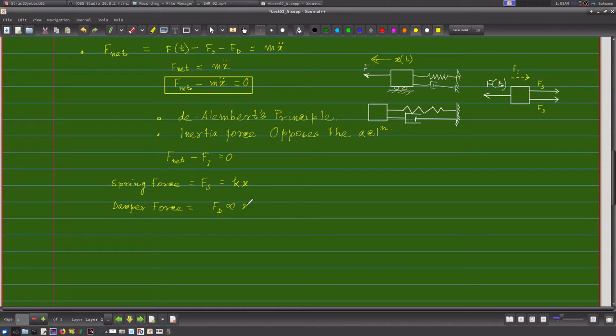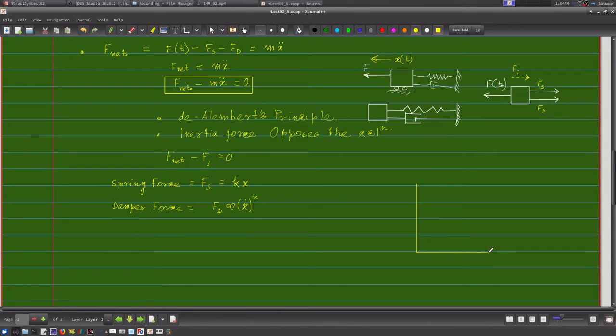What is my velocity? Velocity is x dot, dx dt, right? Usually we say that the damper force is proportional to velocity to the power of some factor n, and people have done many experiments